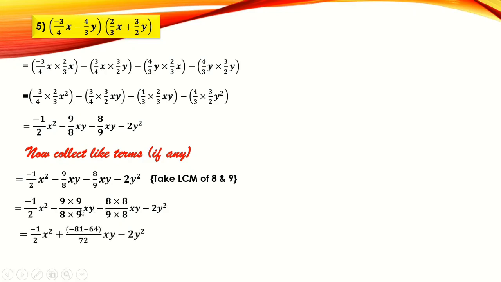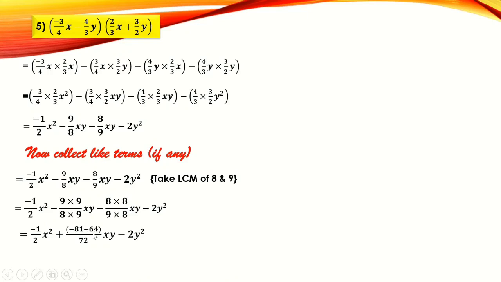What I have done over here, I have taken the minus sign of these two terms. Since this is minus, this minus belongs to the numerator. So I have changed this as plus, and I have taken this minus with the term itself, that is minus 81. And similarly here also I have taken this minus as plus, and that minus I have taken with this minus 64. So I have collected the terms like this.